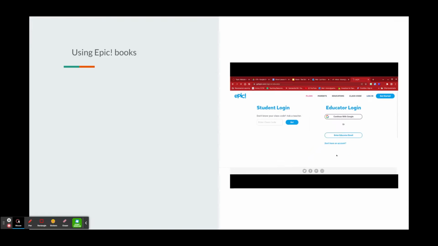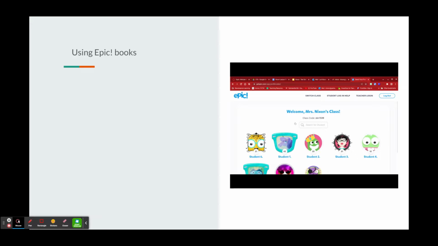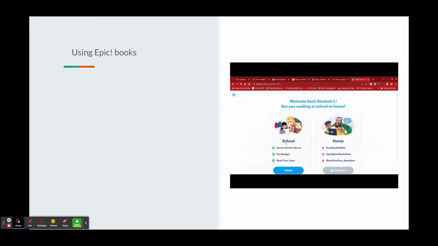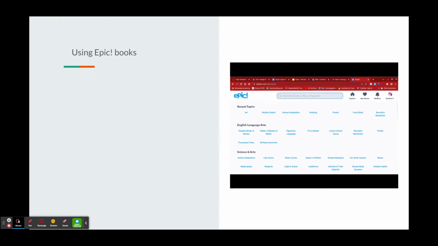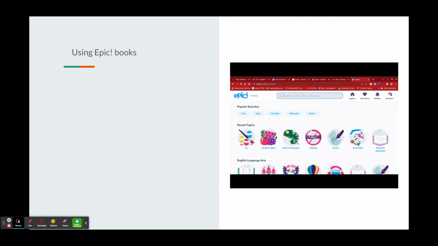You're going to select student and educator. My class has a code, so all we have to do is type in that little code. I've created some mock students because I see so many students. So I just put in some mock students, and then they would select that they're looking at it at school. For the free account, you can only look at it during the school week from 7:30 in the morning until 3 o'clock. So then I would type in science,